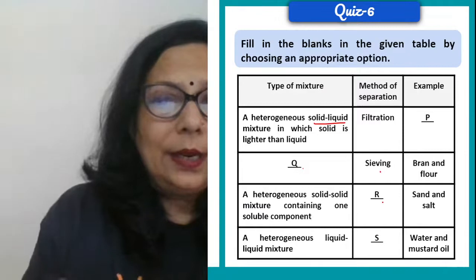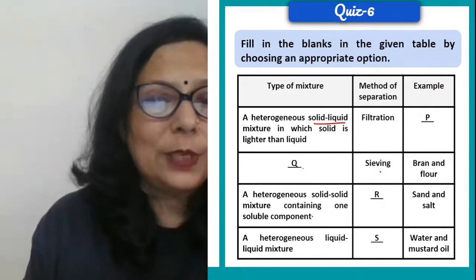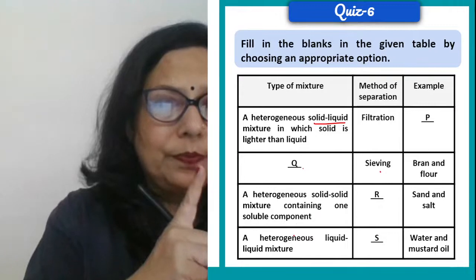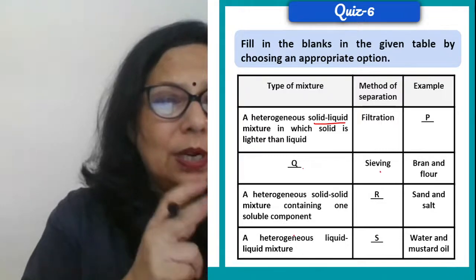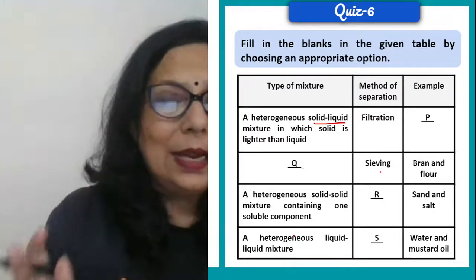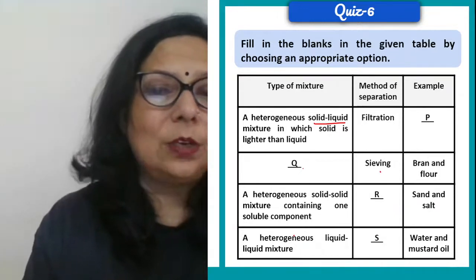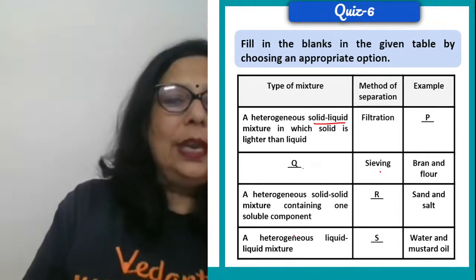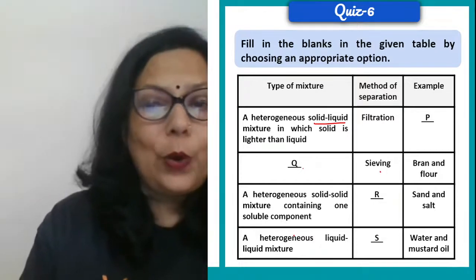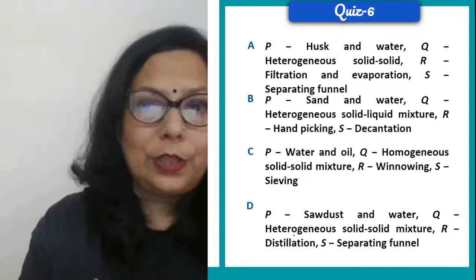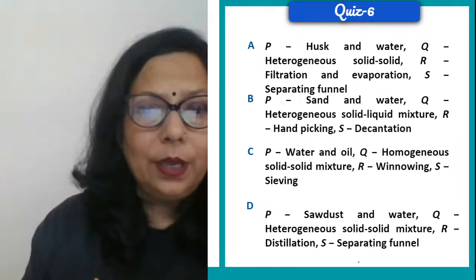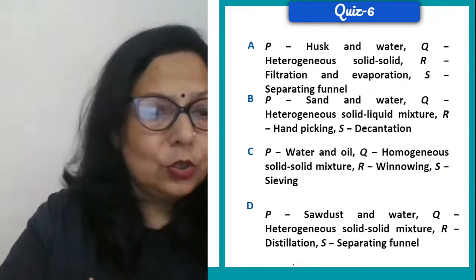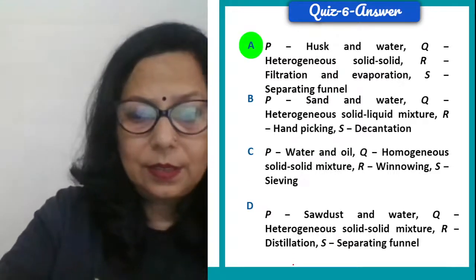Hello Poonam. Next is heterogeneous solid solid mixture containing one soluble component. दो solids हैं, उनमें से एक soluble है, sand and salt. So what is the method of separation of these two solids? One is soluble, एक उनमें से water soluble है. So which method will you use for them: filtration and evaporation, or handpicking, or winnowing, or distillation. Yes. Next comes